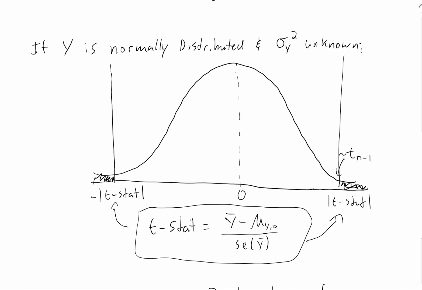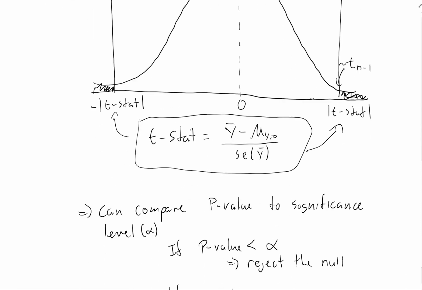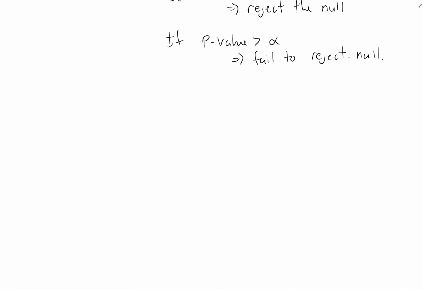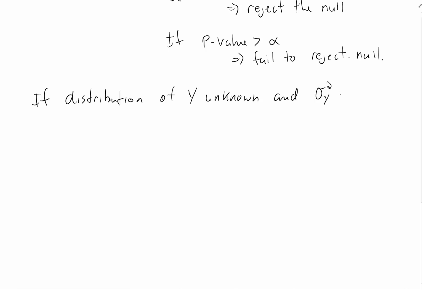If that's the case, we can use the standard normal distribution instead of the t-distribution, because asymptotically we have this normal distribution. So if the distribution of y is unknown and the population variance is unknown,